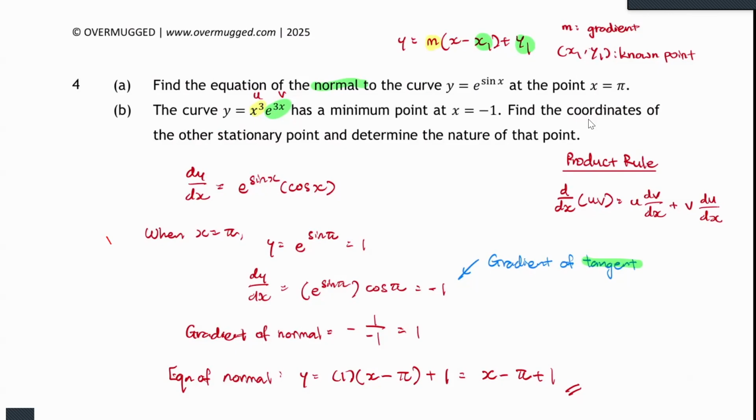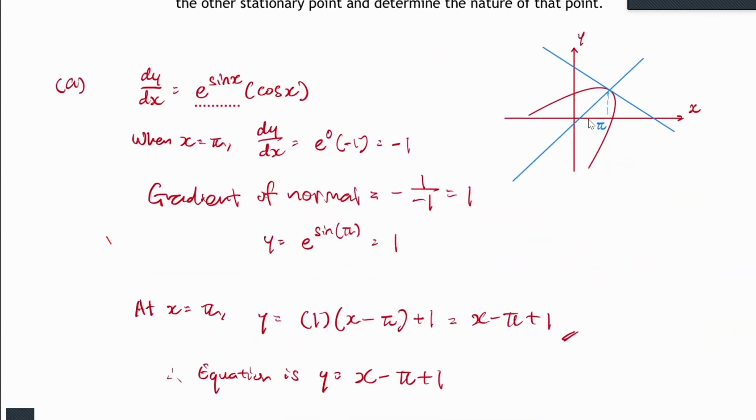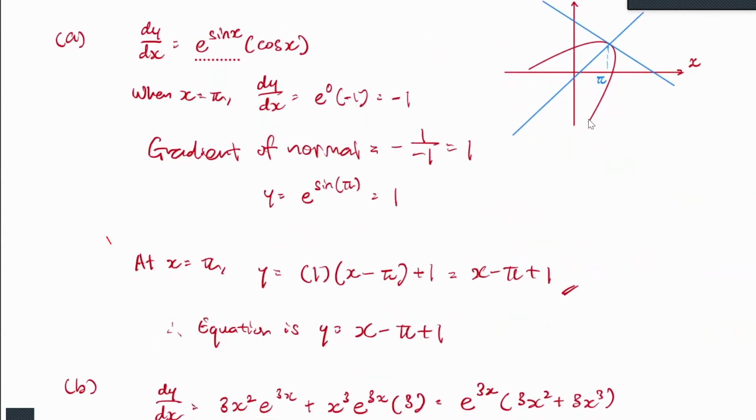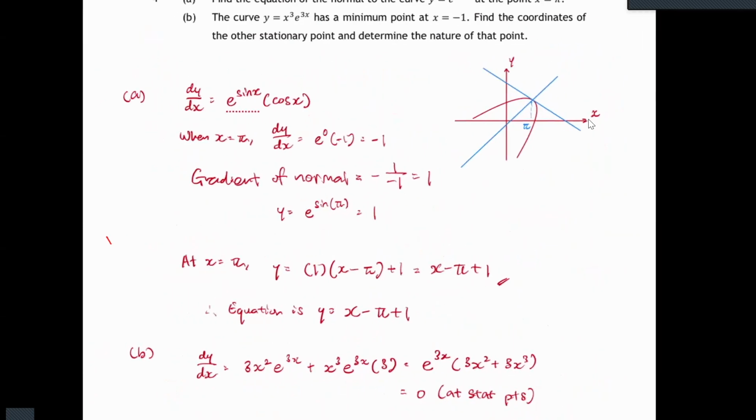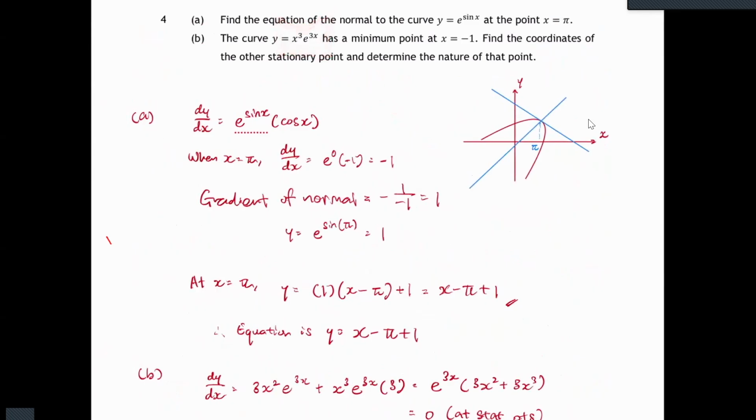Next part, product rule. I'll just go through quickly. I'll differentiate the first term first. So say we have x cubed e^(3x). I differentiate x cubed first. I'll get 3x squared. Then the next one just copy. Next, I'll keep x cubed constant. Then we differentiate e^(3x). e^(3x), when I want to differentiate, I'll just copy. Then I'll differentiate the exponent. 3x, the derivative is 3. And here we have a common term, e^(3x).